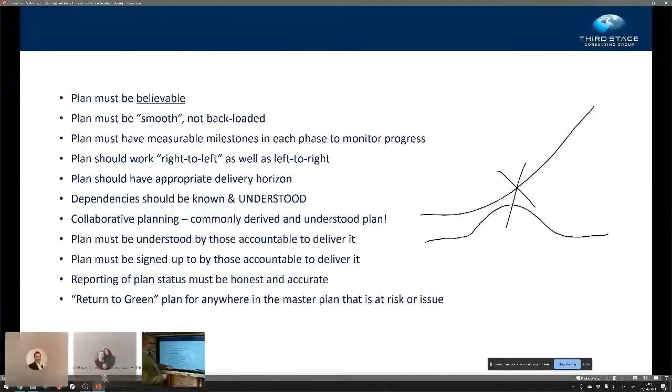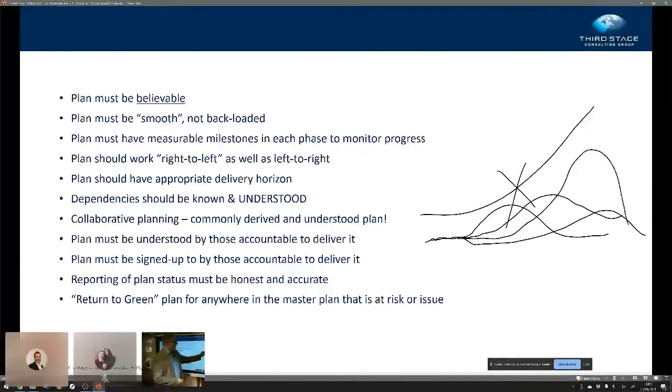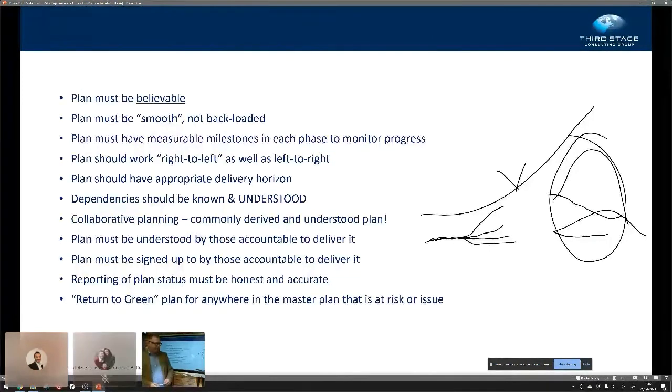What you find is that if your plan is doing this and then it's doing this, you're creating what we call a bow wave. What's usually happening is that on each iteration of the bow wave, that bow is getting bigger, because you're not making the progress that you need to be making now. So you're pushing tasks and activities backwards towards the right. And at that point, the program will become unsustainable and it will fail.